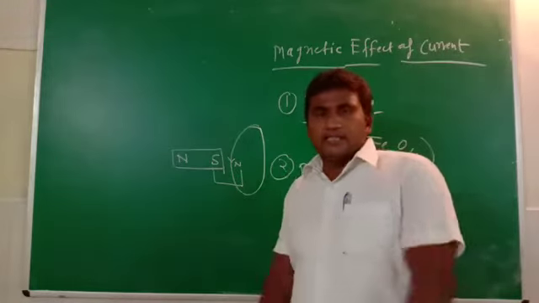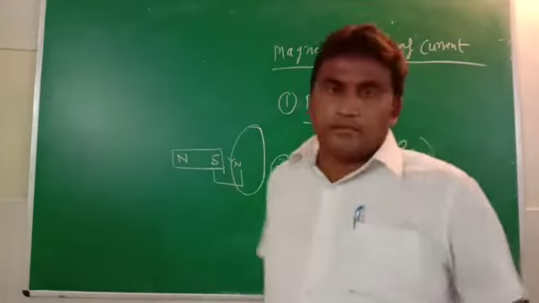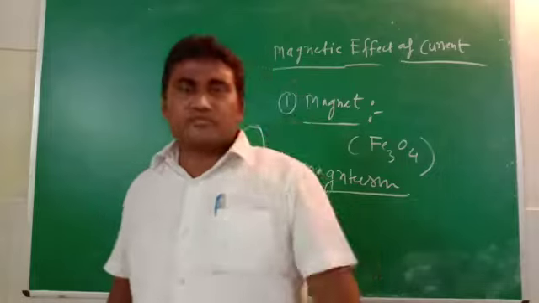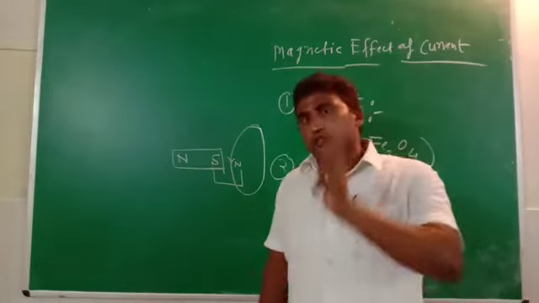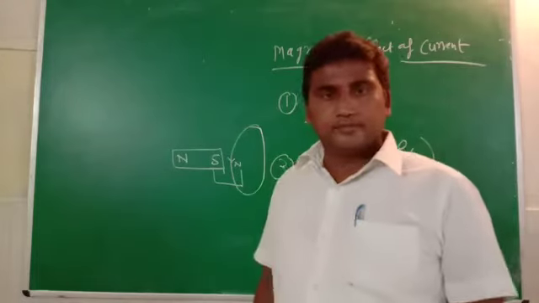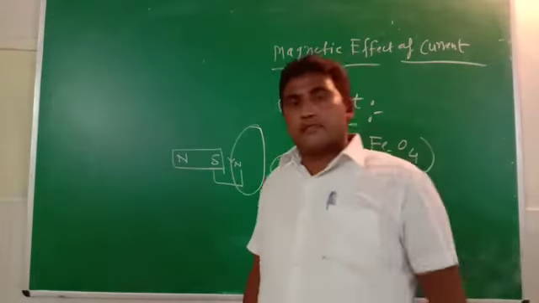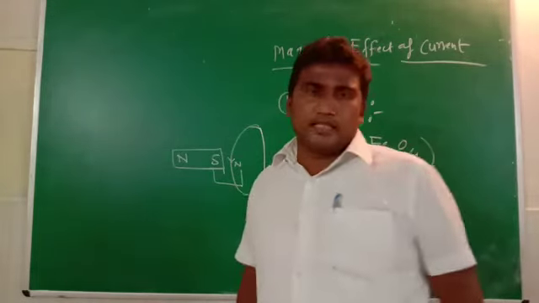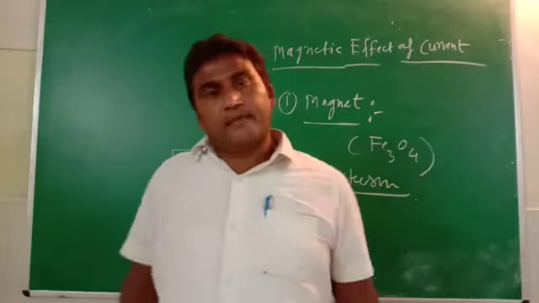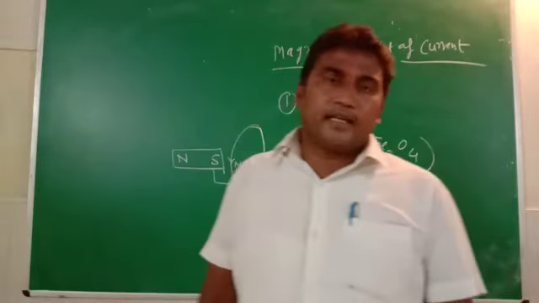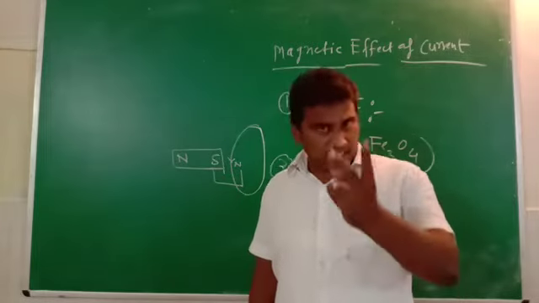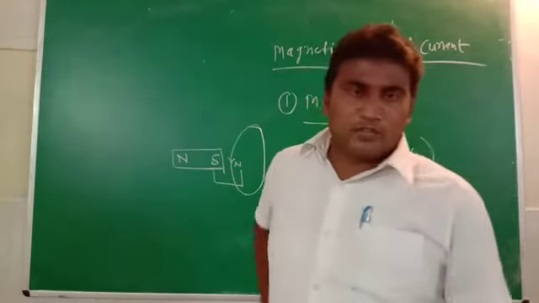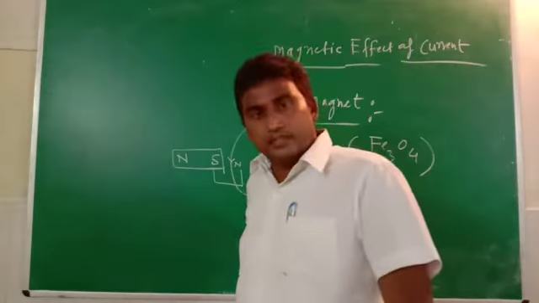Now magnets also have different types of structure, and different types of magnet are useful in our electrical appliances, but we always use the artificial magnet. Why do we use the artificial magnet in our electrical appliances? Because the magnetism capacity of the artificial magnet is stronger than the natural magnet. Magnets generally have two types: one is natural magnet, another is artificial.